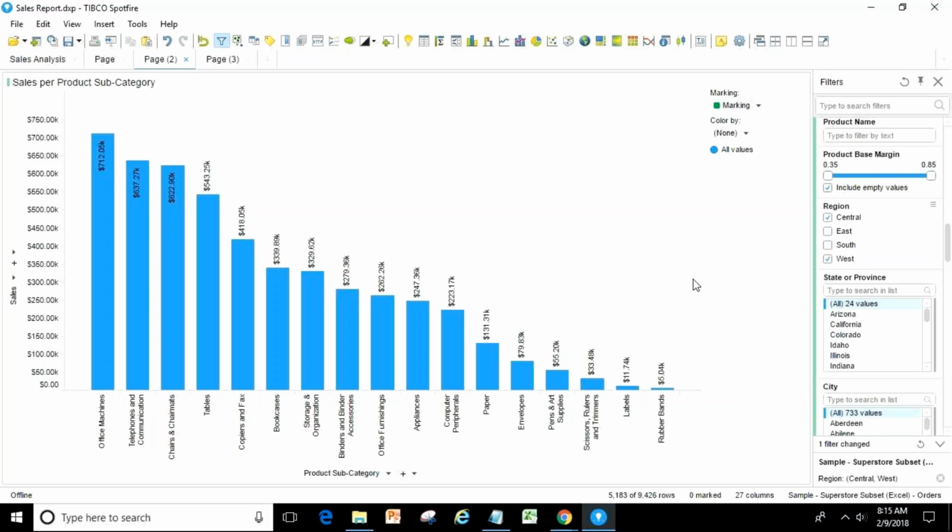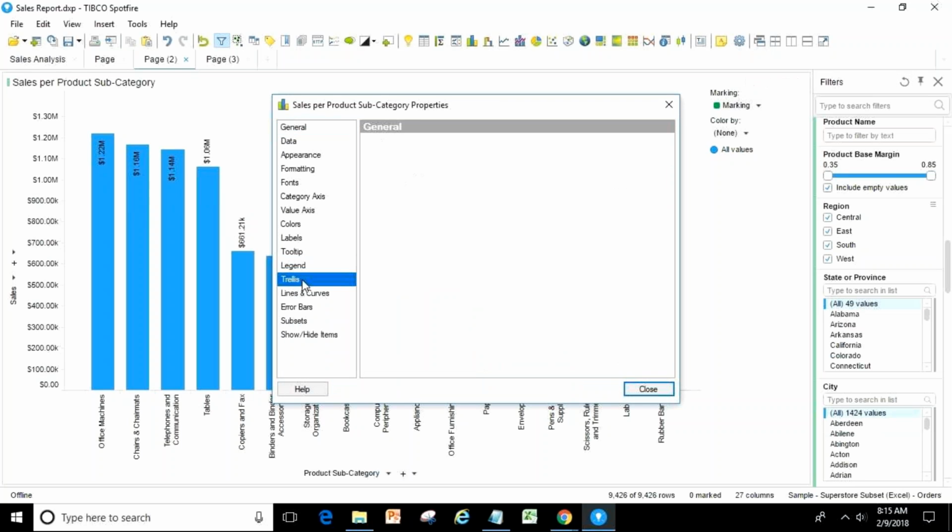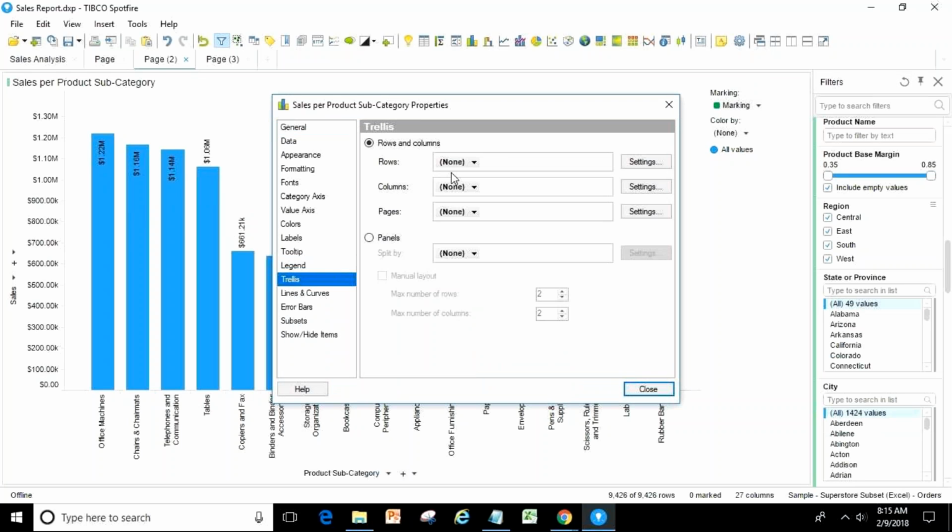Then only you can compare which one is good. Okay, same thing here. What you need to do, you need to have some option where one side will show you central results, one side will show you west results, like that. So that kind of requirement is done by Trellis, and it's a very important functionality.